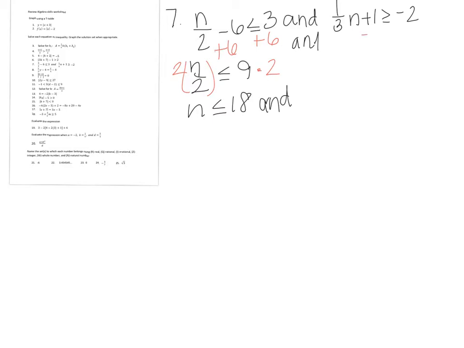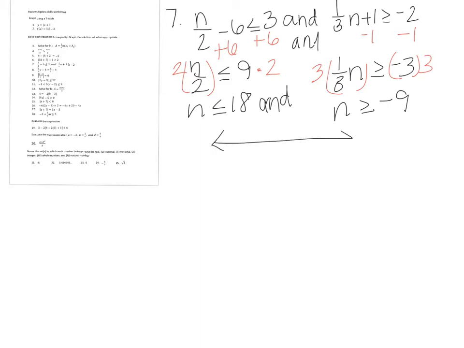Take this one, subtract 1. 1/3 n greater than or equal to negative 3. Multiply both sides by 3. And we get n is greater than or equal to negative 9. So we have an and statement where n is less than or equal to 18 and n is greater than or equal to negative 9. So when we draw this on a number line, we'll draw the 18 in red,